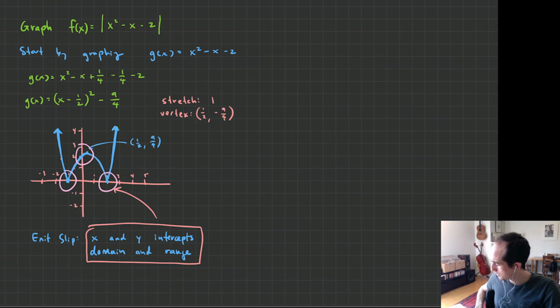Today what we're going to talk about is this little thing called reciprocal functions. And reciprocal functions, they're interesting because we've